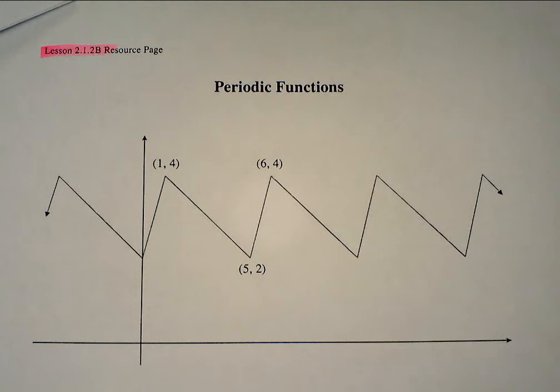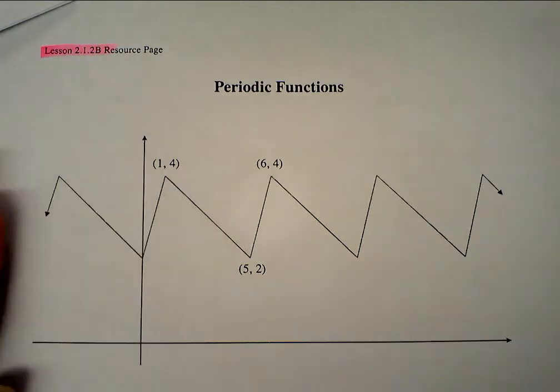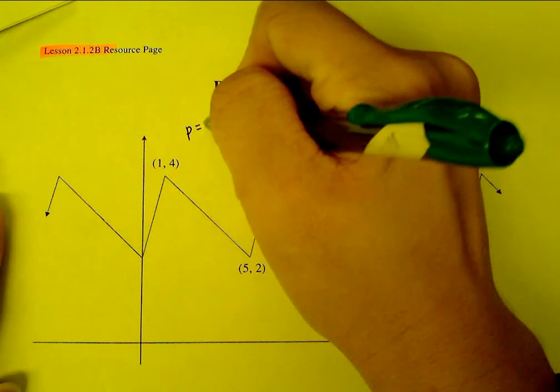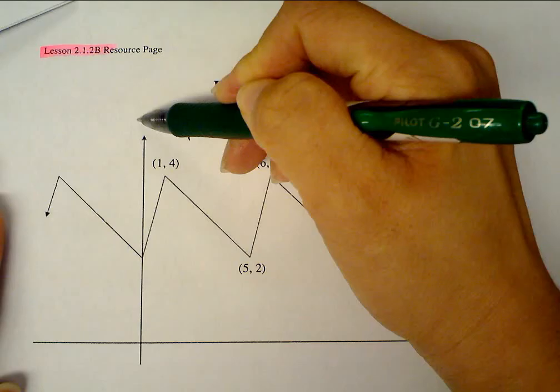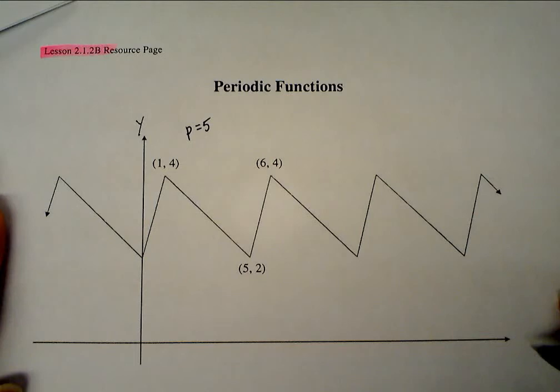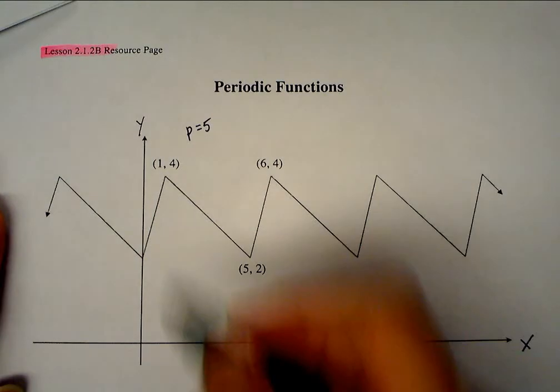First of all, we know that the period is 5, right? Okay, so let's write that here. Period is 5. What axis is this? The y, and this one is x. Okay, for example, right here,